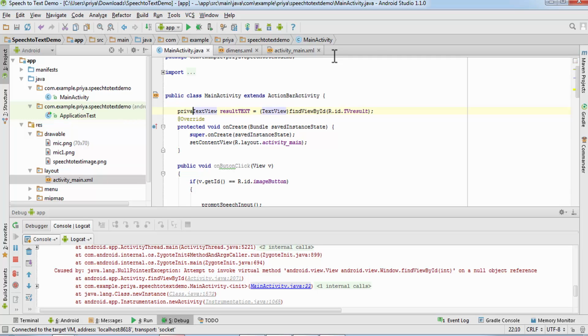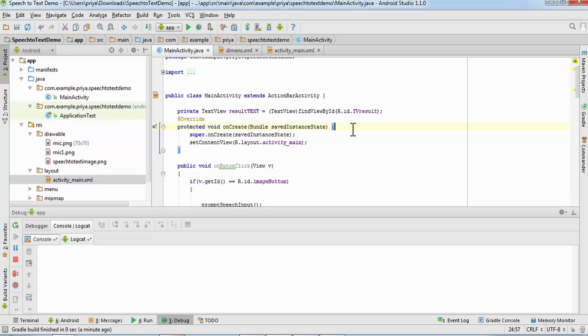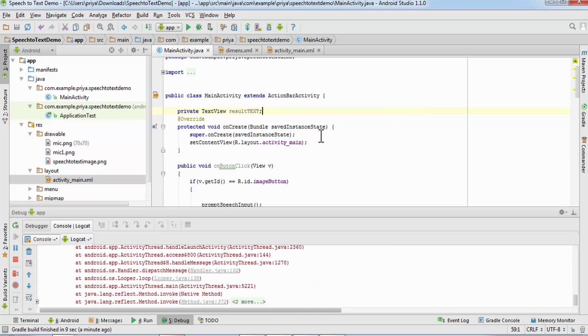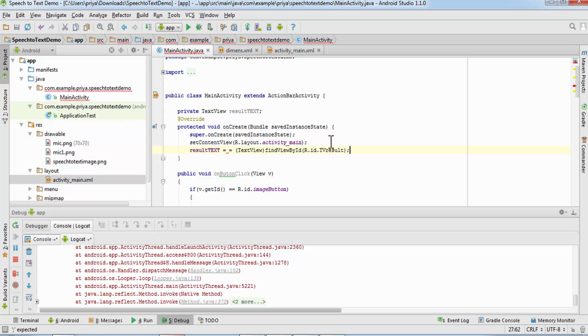So write private TextView resultText. I'm going to remove this, declare it here, and assign it here in the onCreate method. So write resultText equals this, and now I'm going to run it in debug mode again.